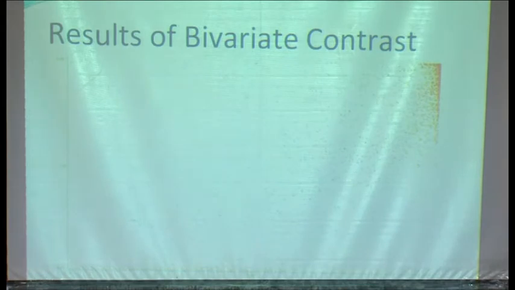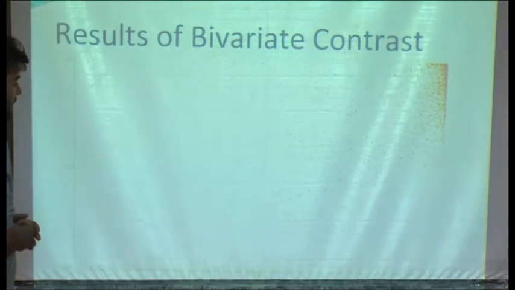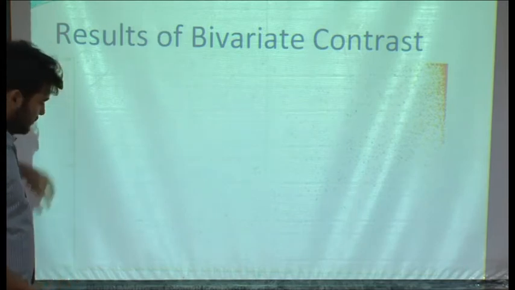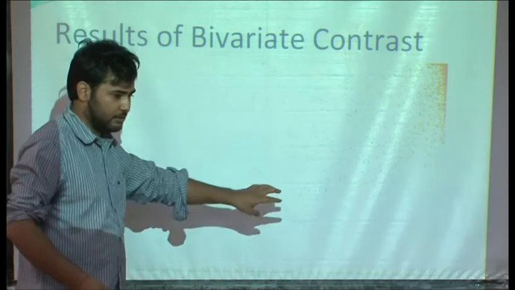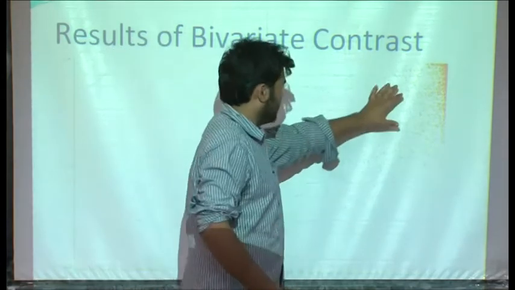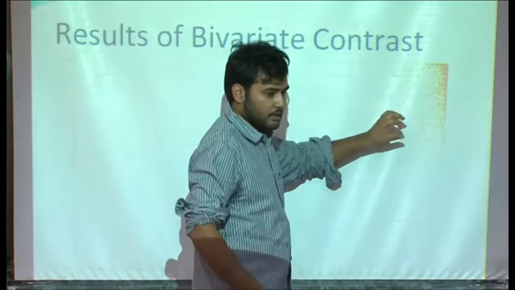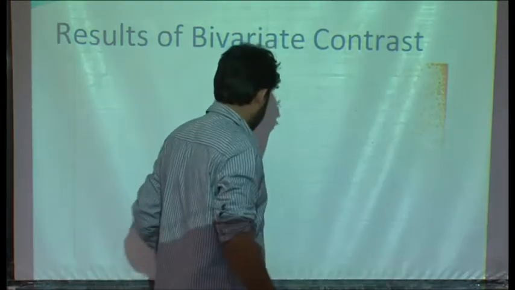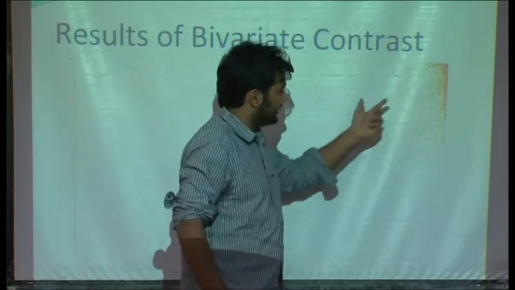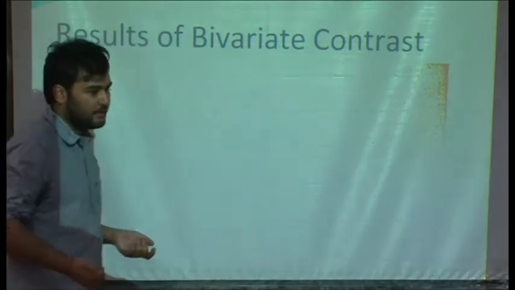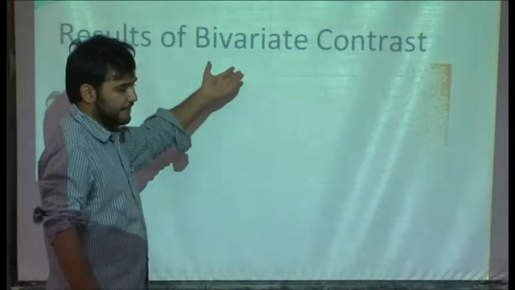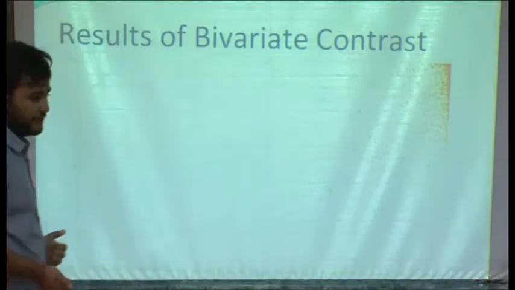Now I come to the bivariate contrast measure. This is a plot of the new contrast versus the old contrast measure. As you can see in the image, there is quite a correspondence between the old and the new method, as the values lie close to each other and mostly are concentrated here. So it almost evaluates the same thing as the old method, but the method is completely different. It is bivariate, as in it compares to some images.